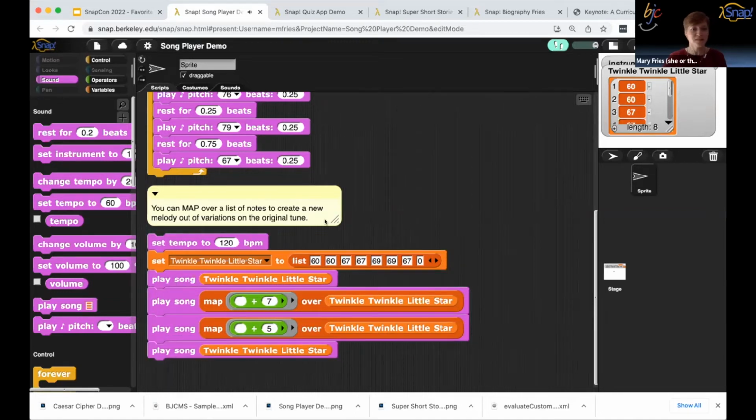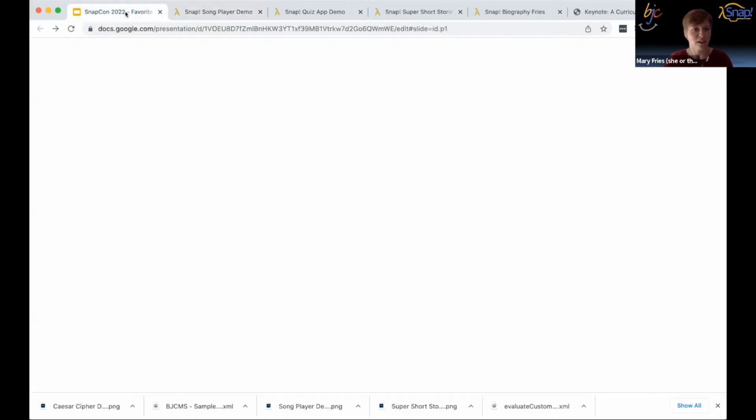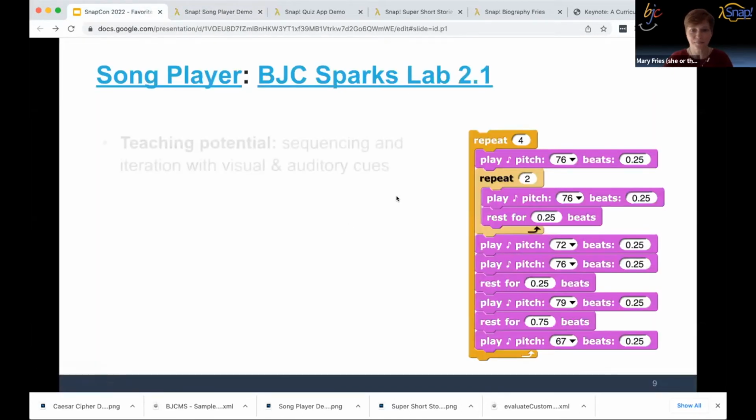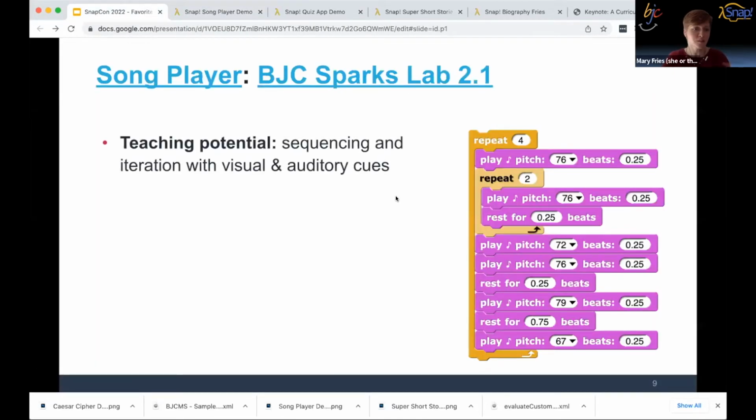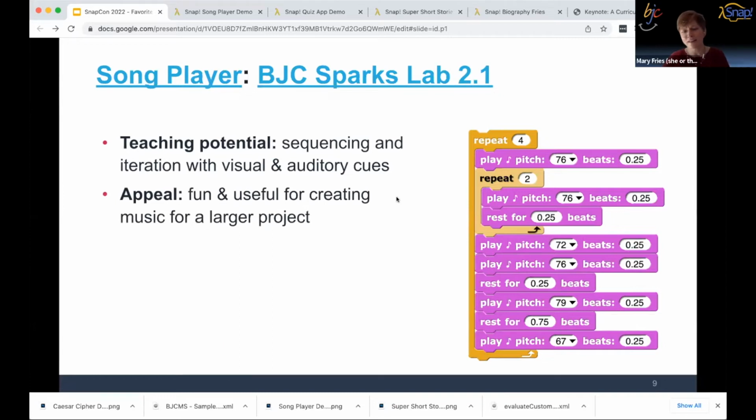So again, very simple, very familiar song, but a very nice example of map, and gives that auditory element as well. So we're learning about sequencing, we're learning about iteration, and we're getting visual and auditory cues. It's fun, it's useful for creating music for a larger project. So if you have a game and you want to make a funny little music song in the background,